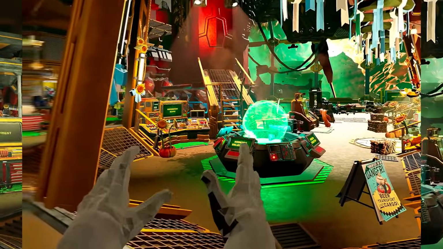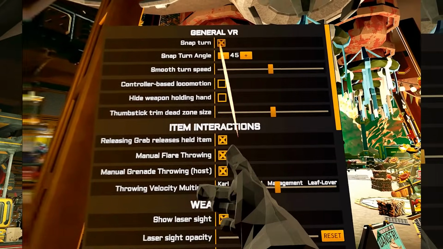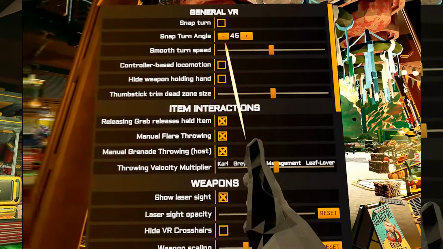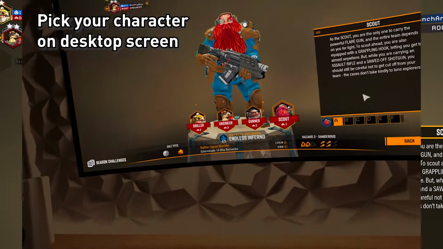So press R3 to bring up the menu. You can adjust your VR settings. You can choose snap turn or smooth turning, etc. Use your flat screen view to adjust things. So let's say I pick